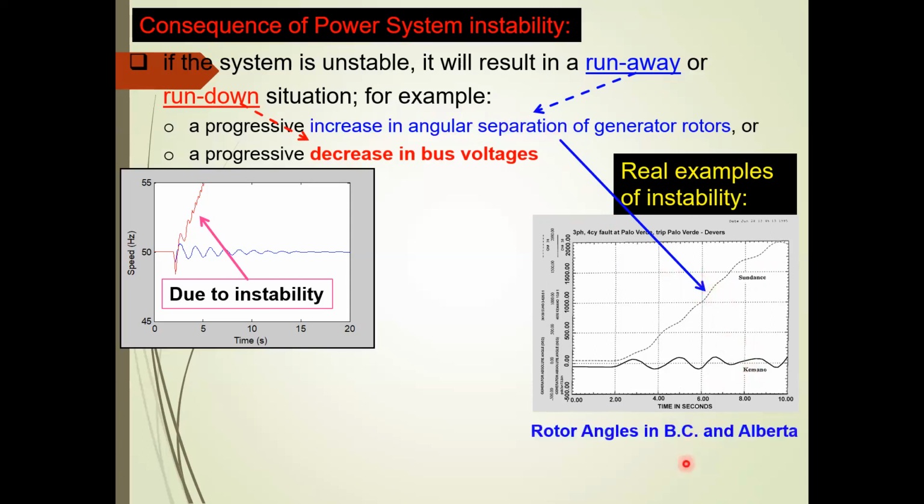This is actually the example where we observe the increase in the rotor angle of British Columbia and Alberta, where we have the blackout occurrence. So we find the deviation in the rotor angle, or the bus angle, of Sundance deviating out with respect to the Kemau. So this is the runaway situation. Similarly,